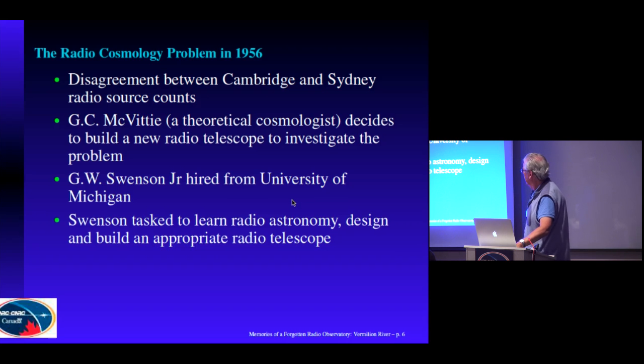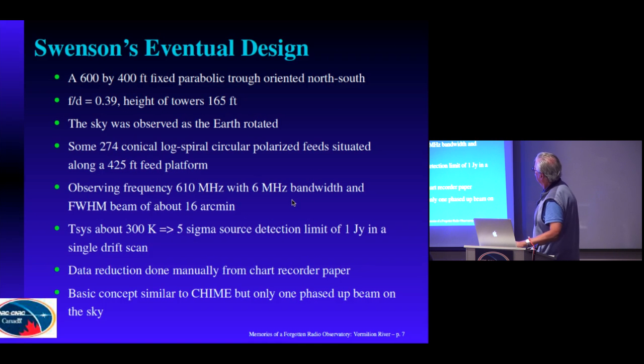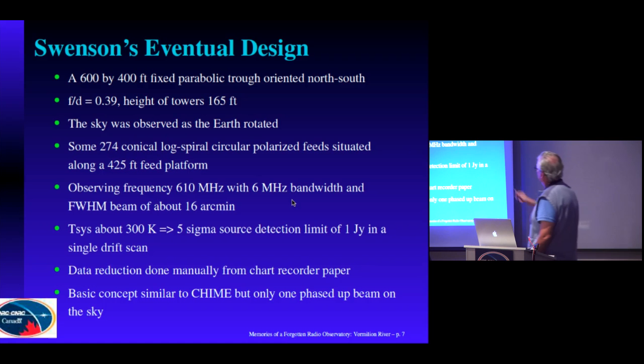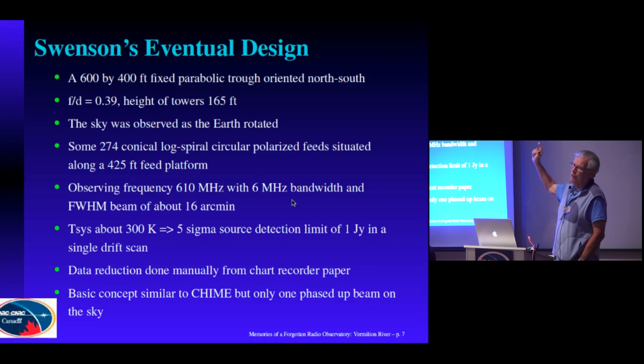Anyway, he didn't know much about radio astronomy, so he spent 2 years learning what radio astronomy was, and he was told to design and build an appropriate radio telescope to look at this cosmological problem. The solution he eventually came up with was a 600 by 400 foot fixed parabolic trough with a focal to diameter ratio of about 0.69, which meant that the focal point of this telescope was a catwalk somewhere,